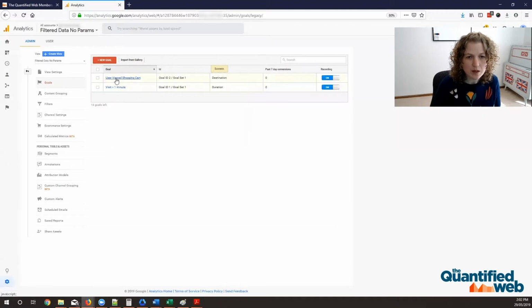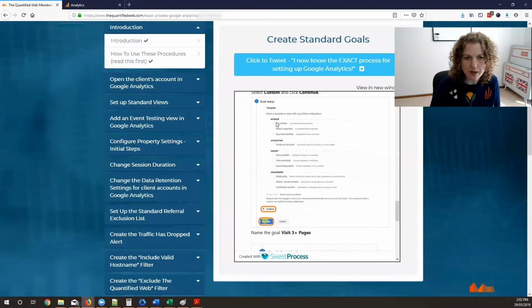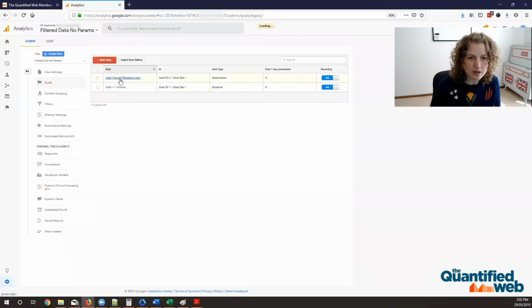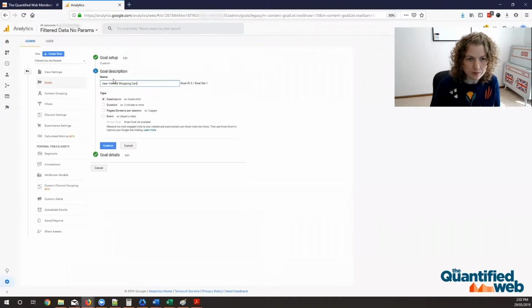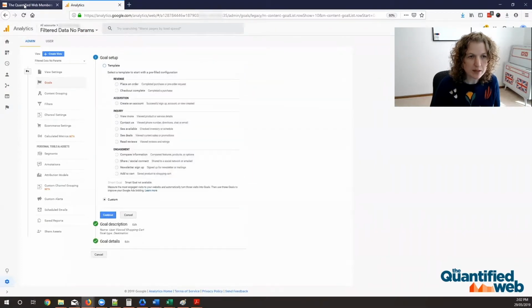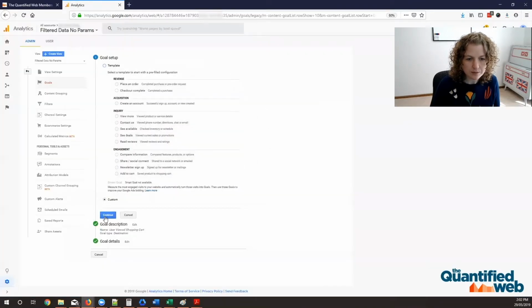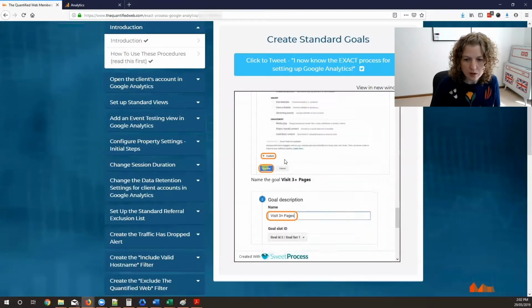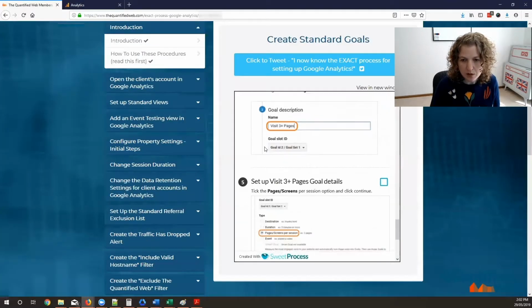All right, now I'm going to edit this one, but you're going to click new goal again. So you do new goal and you'll get to this page. I'm just going to edit this one. All right, so you will be on this page here. We click on continue and you will now be on this page and we want to call it